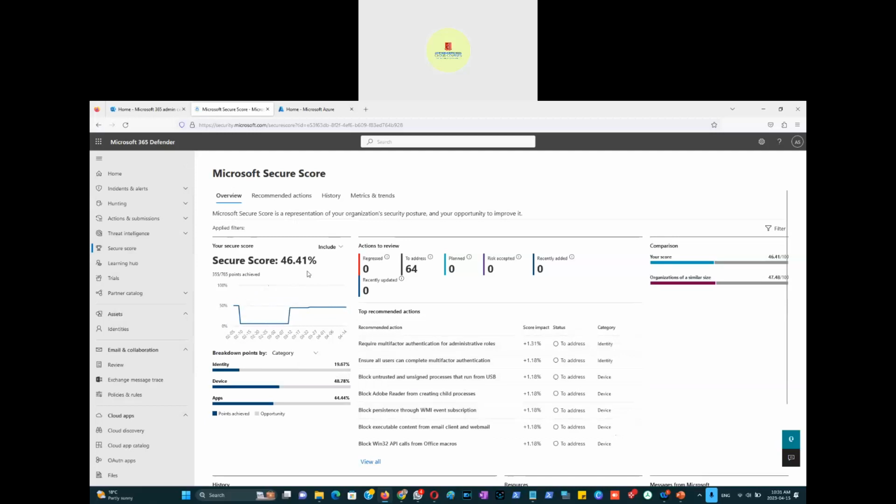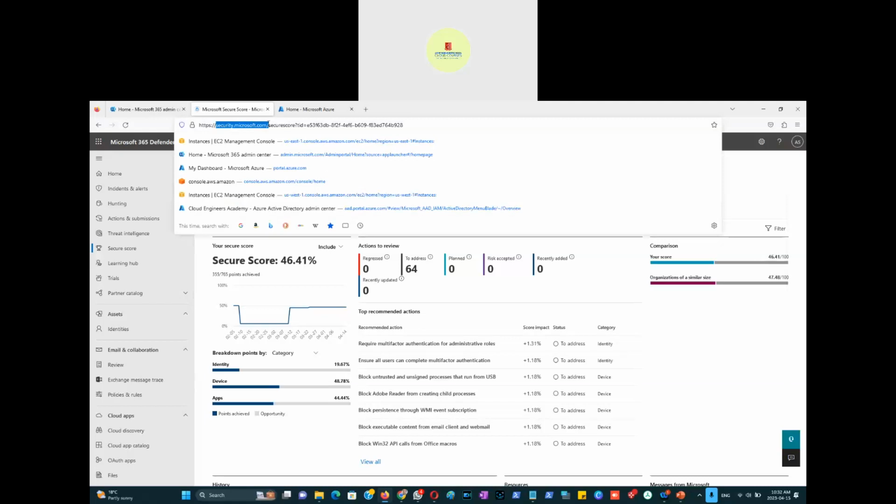This means that we can say 54% of the score is still needed to reach 100%, securing the whole environment, right? And it gives you recommendations that if you implement them, we will score you better. But some of the recommendations you don't really need to implement if the company doesn't want you to do that. But still, the recommendations are here in security.microsoft.com. In the interview, you can also mention that, okay, these are the tools for